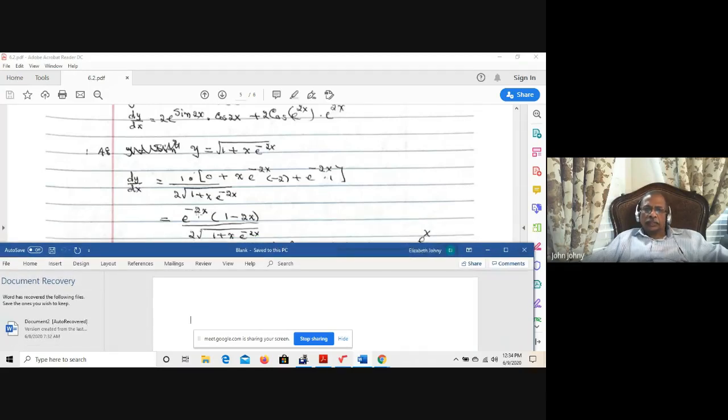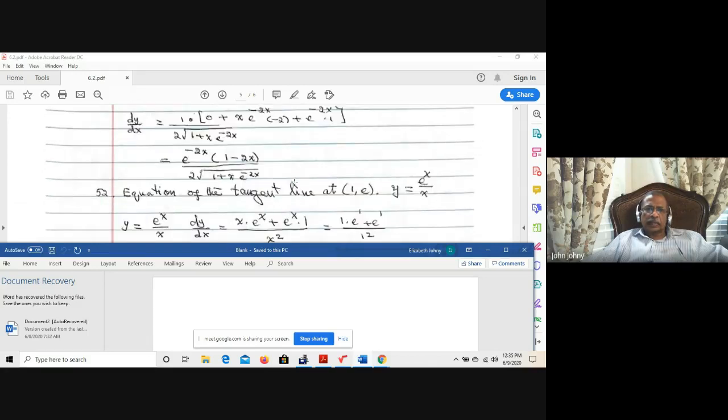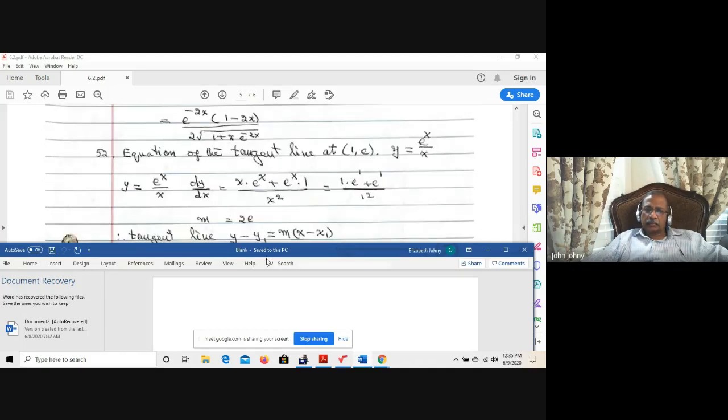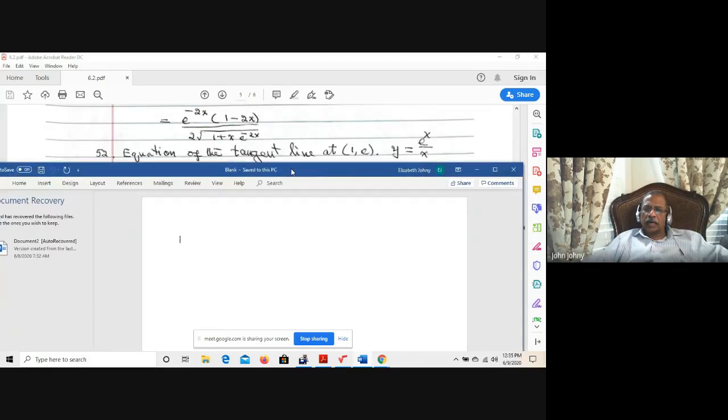That is, e to the negative 2x is a common factor here. Pull out e to the negative 2x, then there is a 1 minus 2x, and the denominator is the same. Okay, now you have to find the equation of the tangent line to that curve at the point